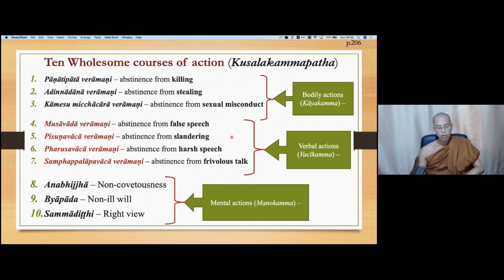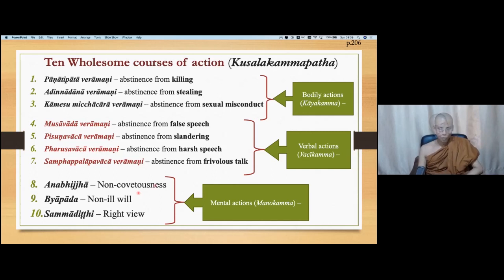And also when you abstain from false speech, slandering, harsh speech, and frivolous talk, the 4 ways of wrongdoing by verbal action, it is called right speech. So right action and right speech. And also, if you abstain from these 7 even for your livelihood, it is called right livelihood. That's why all 7 are included under virtue. That's why this is a very narrow range. So 7 are included in virtue, and the other 3 can be applied to other